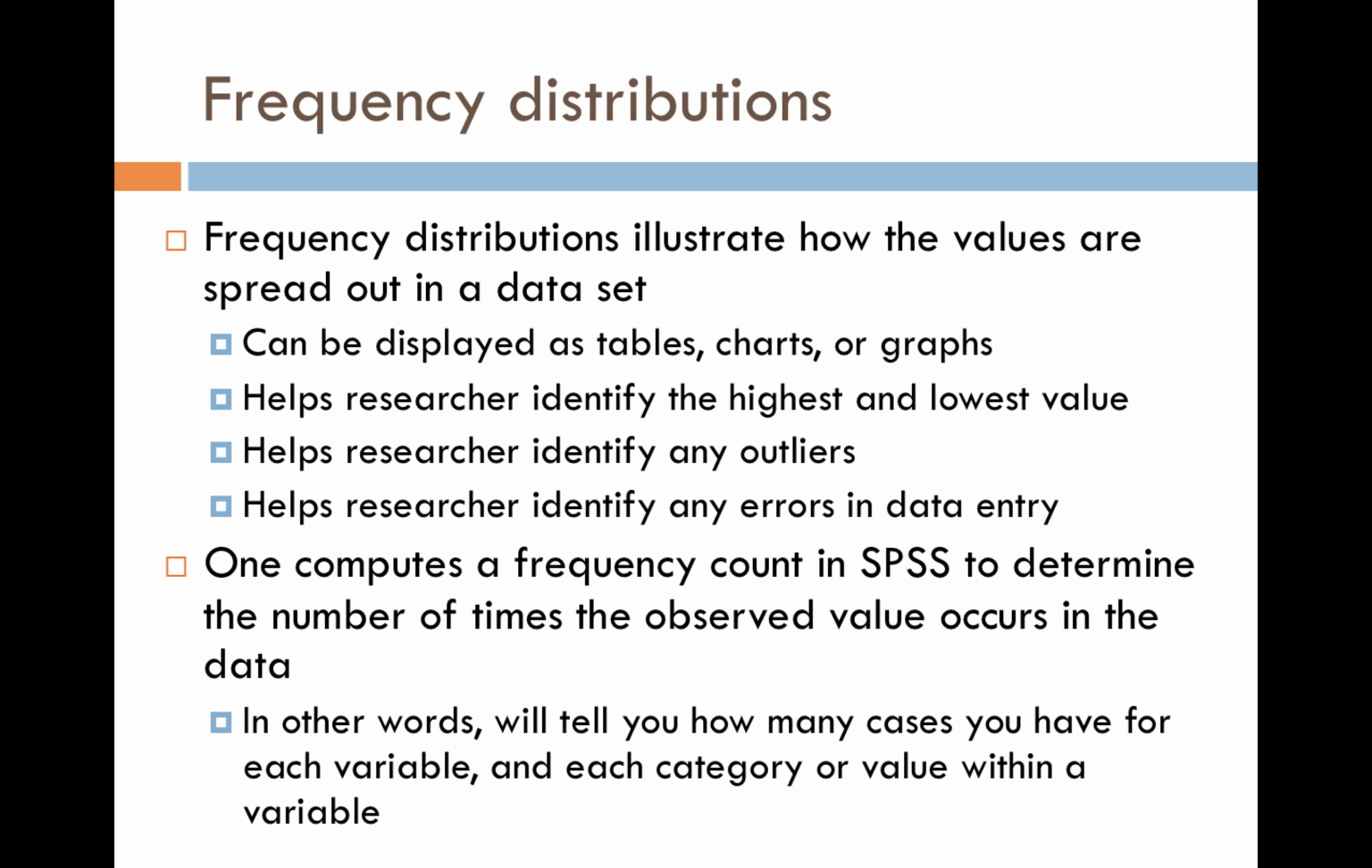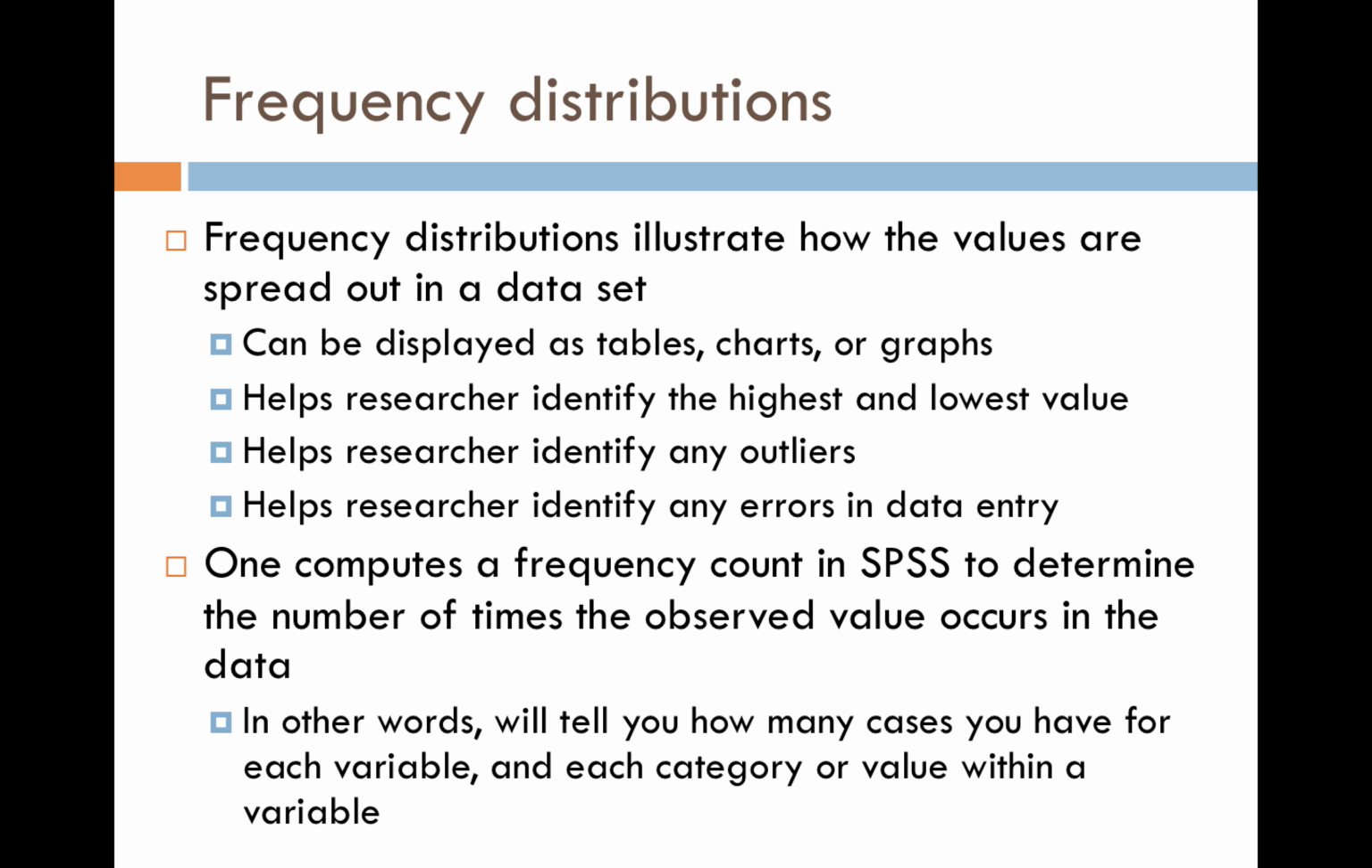One thing I meant to point out is that frequency distributions are oftentimes displayed in tables, charts, or graphs. They help, as I just pointed out with the range, identify the lowest and the highest values. They also help us identify any outliers. So if you compute a frequency distribution and you find that you have a value of 8, but none of the categories should be 8 because you only have 4 categories, then that's an error and you would want to